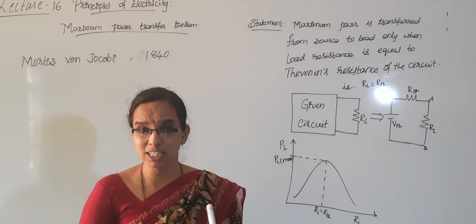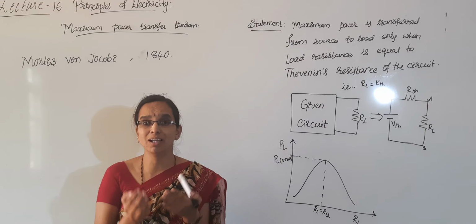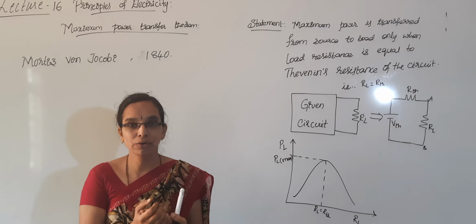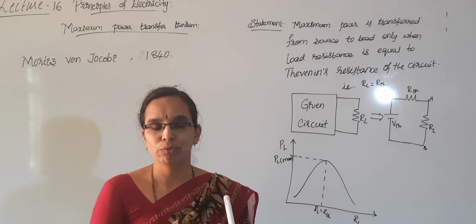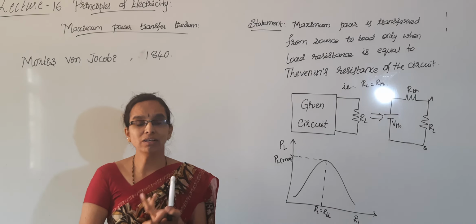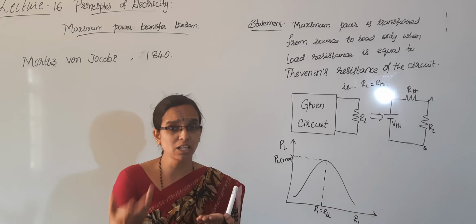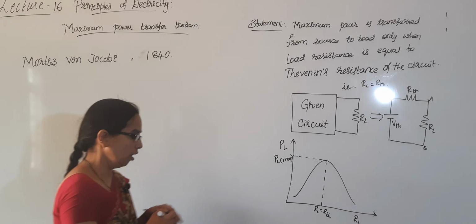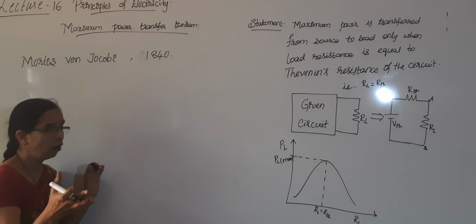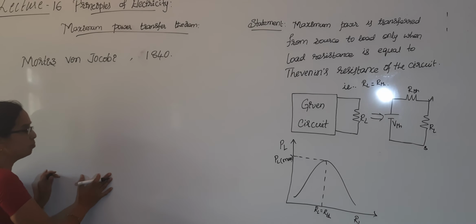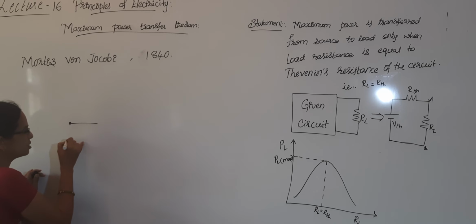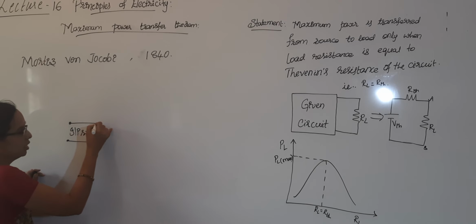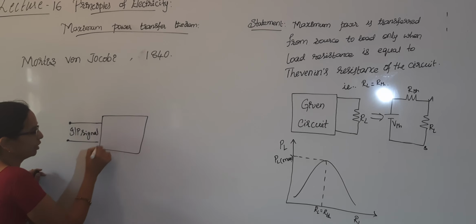Why am I telling all these things? Because in your textbook they have given an example of an amplifier and a loudspeaker, which means basic communication, how that happens. Okay, now you people know what communication is, where an amplifier is used, what a microphone is, that means input signal, and what a loudspeaker is. You have a small idea of all those things now. Now, how will that be helpful in analyzing maximum power transfer? Because the input signal is coming from your microphone or somewhere else, and that is given to the amplifier.